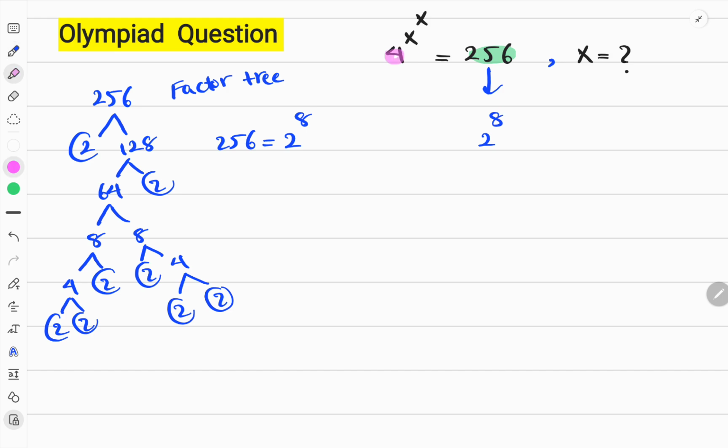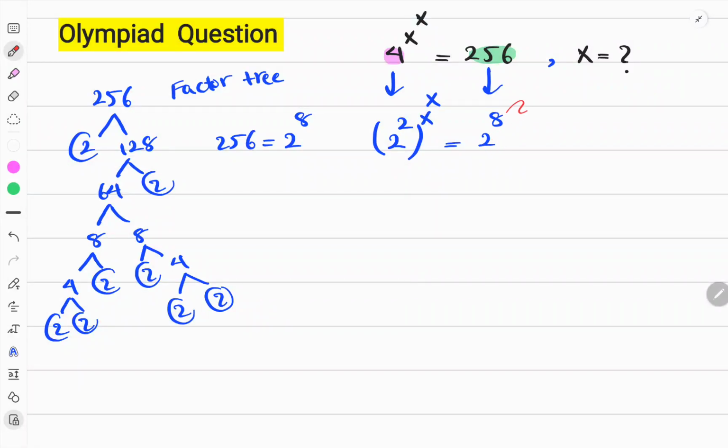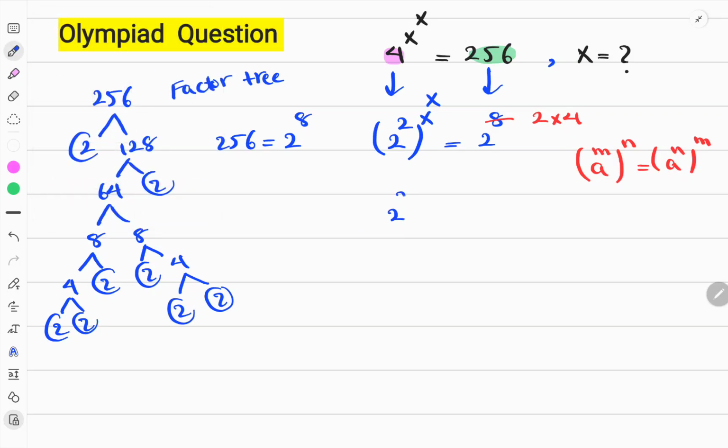And then instead of 4, I'm gonna write 2 squared, raised to the power of x and x. Okay, so these bases are not equal. This one is 2, but this one is 2 squared. So, which is really easy, I can split 8 to 2 times 4, and using this formula, a to the power of m to the power of n equals a to the power of n to the power of m. So, 2 to the power of 2,